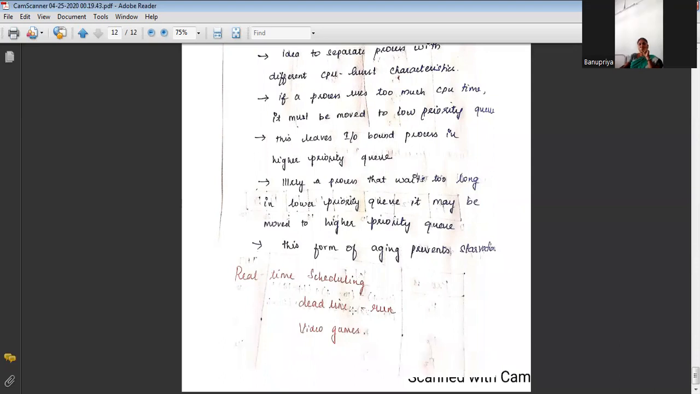Next comes real-time scheduling. Real-time scheduling handles real-time tasks with the help of a deadline. The process finishes execution within its deadline. For example, video games: within a certain time, we need to finish that task. So these are all the concepts